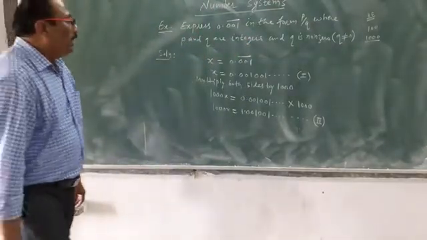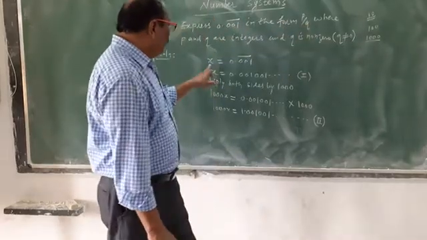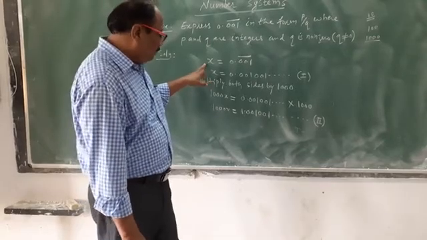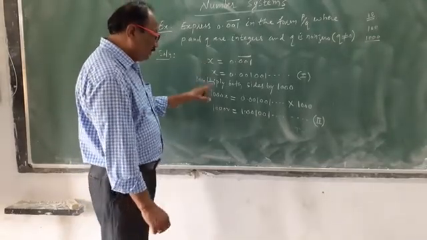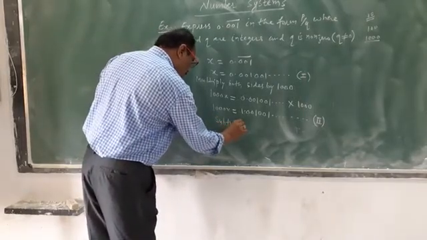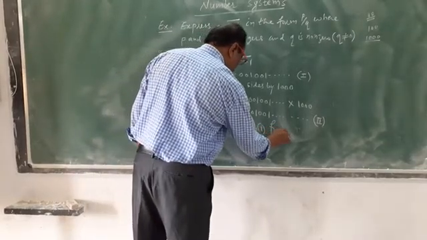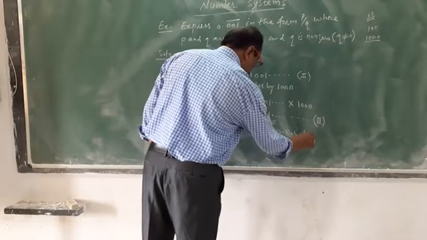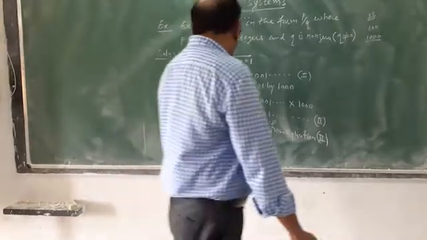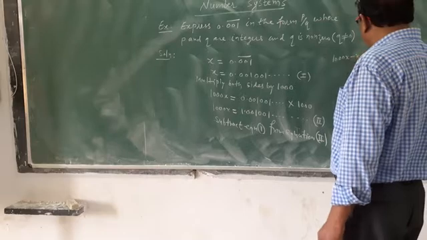Then he asks to express this number in the form of P upon Q, and we have taken this number as x. Means we have to find the value of x. Means we subtract equation 1 from equation 2. That is 1000x minus x is equal to